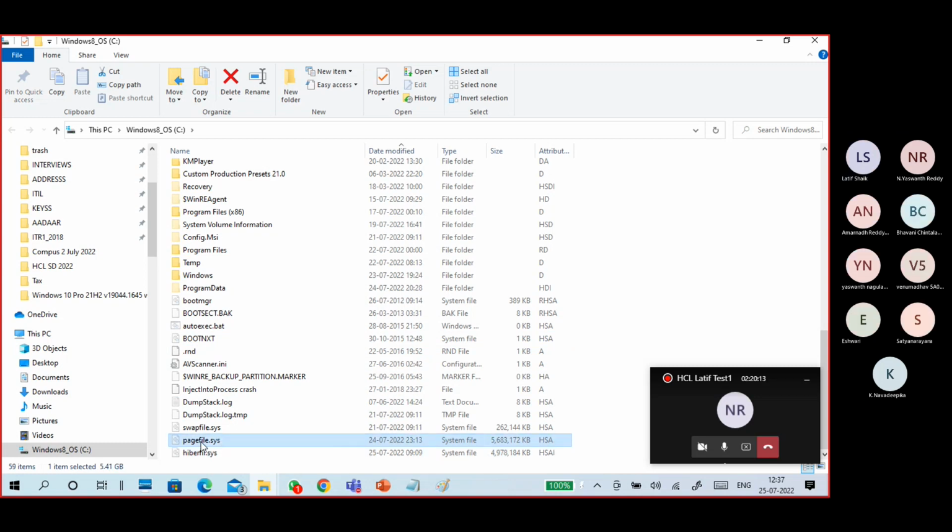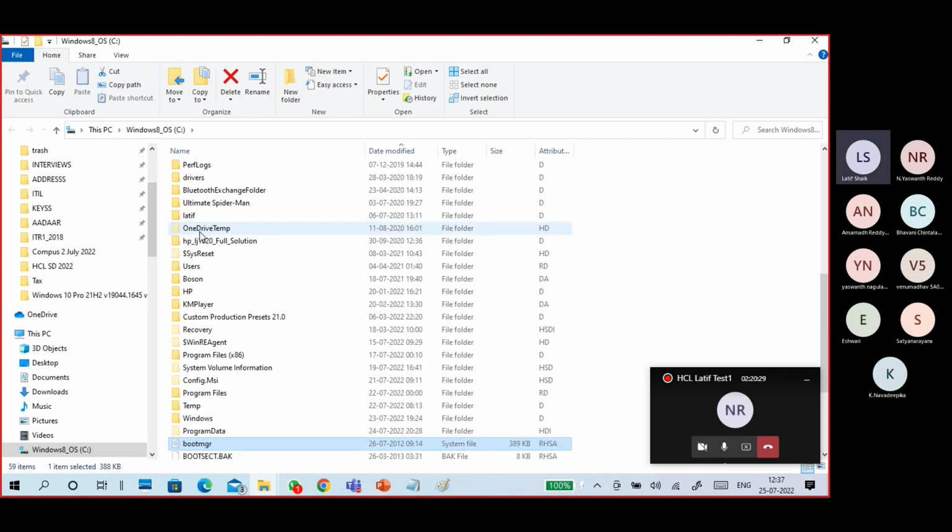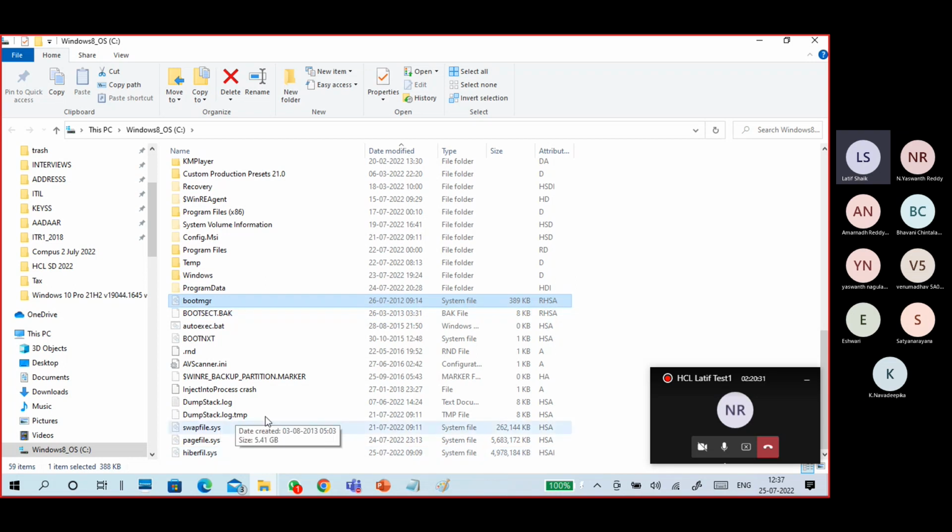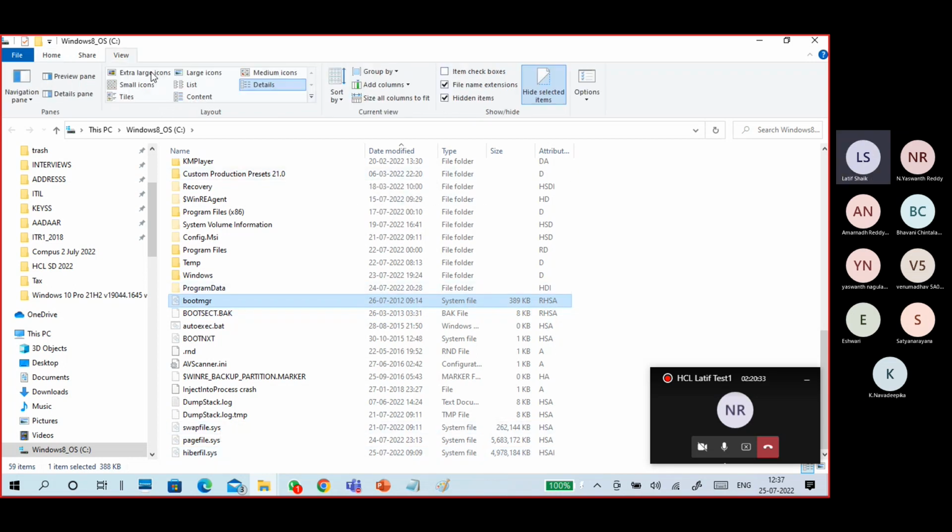Page files, sys files. Swap files, sorry. Swap file dot sys, page file dot sys. So page file dot sys has another thing, but the important one is bootmgr, which is a bootloader. Okay, so how can we see it now, because of these settings: hide protected operating system files and show hidden